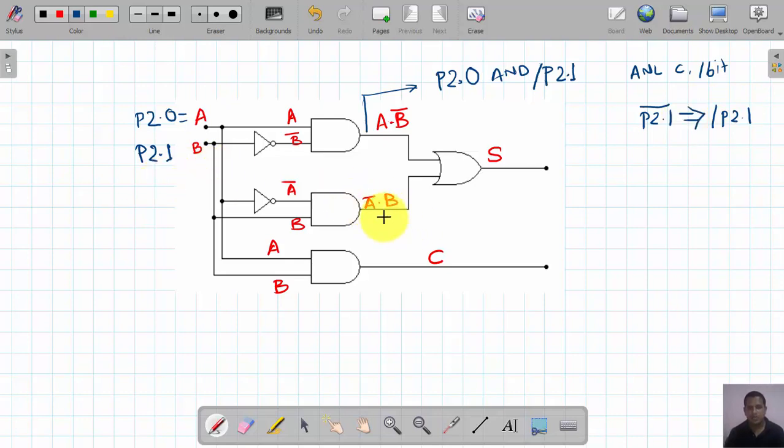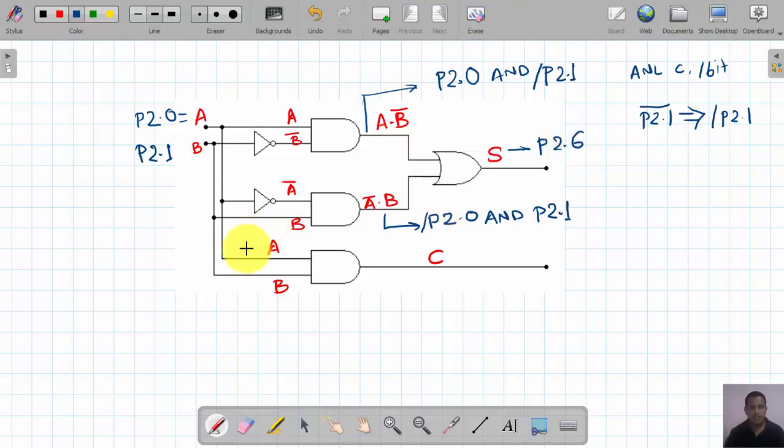This expression is P2.0 ANDed with P2.1 bar, and finally this result is what we have to display on P2.6.